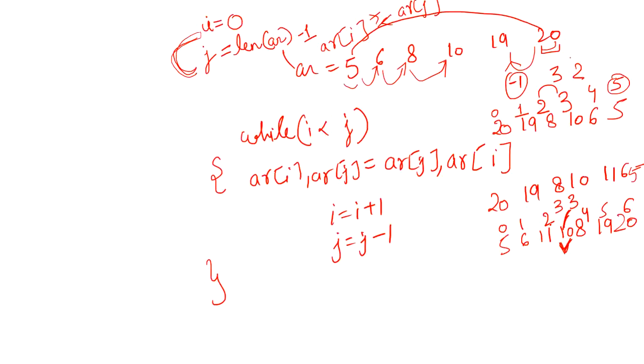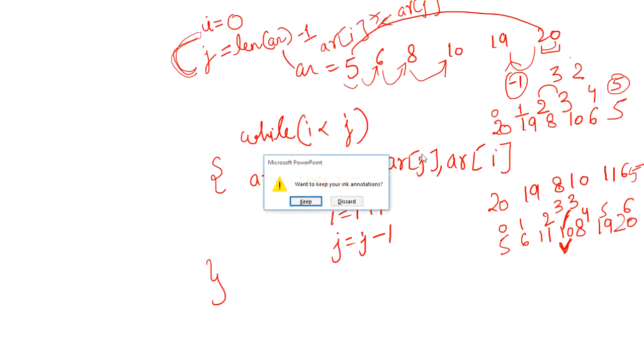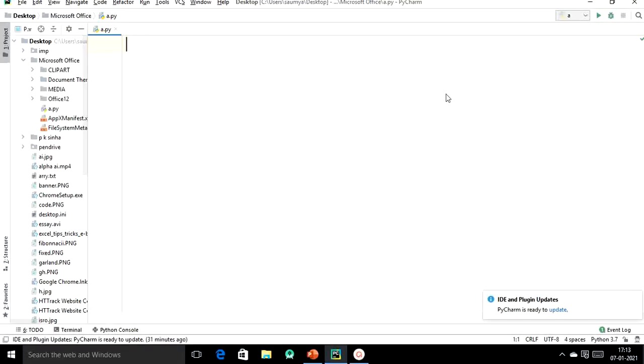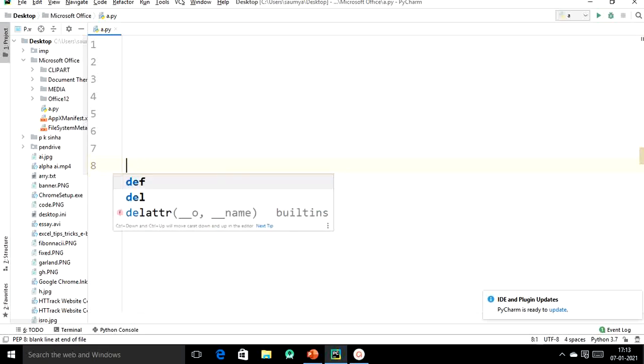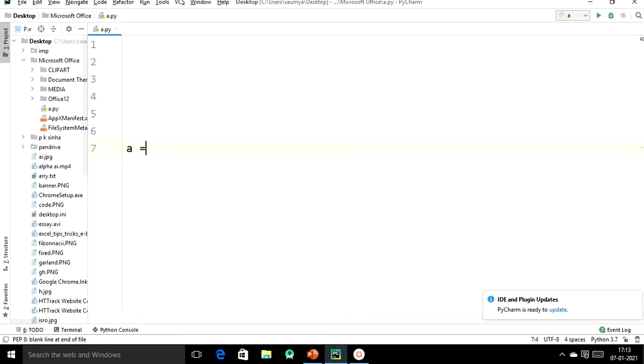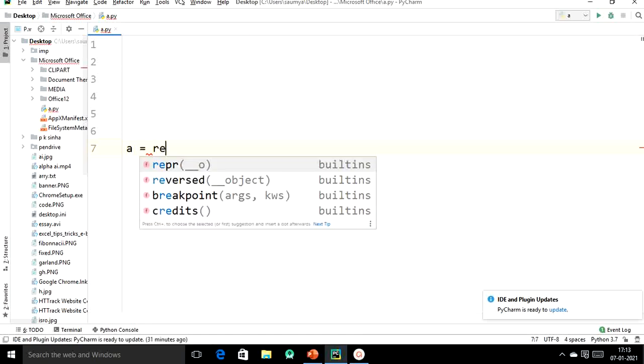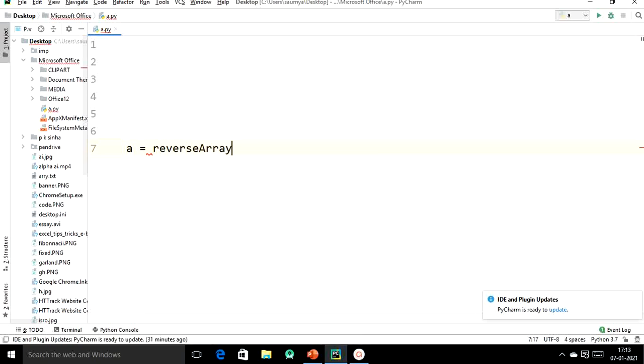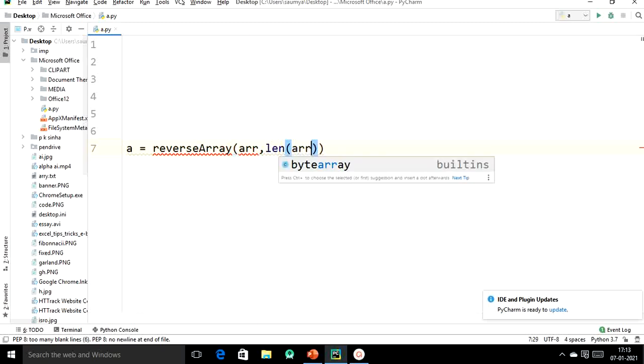Now let me implement the same using Python. So let's see how the implementation will work. Here what we are doing, we are calling a function reverse array, and in this one we are passing a list and the length of the list.